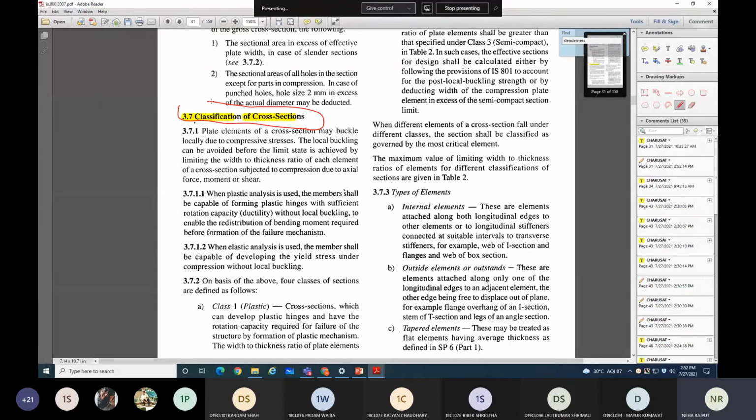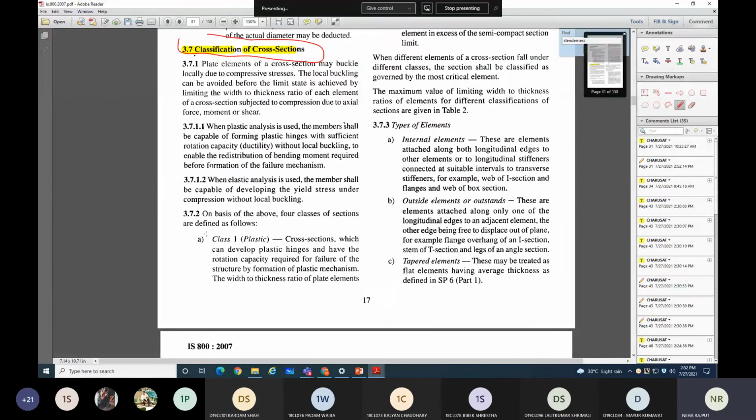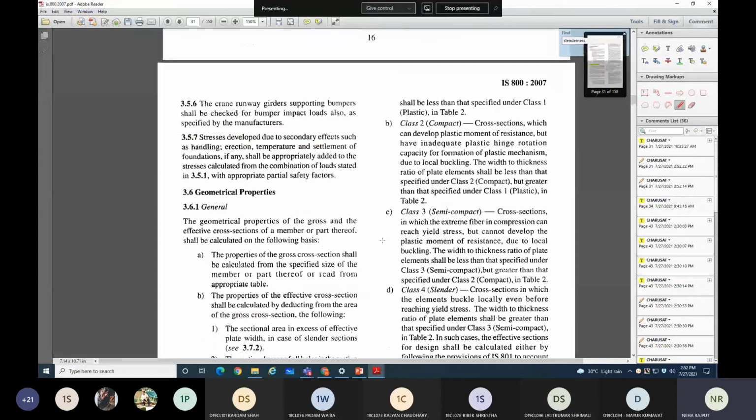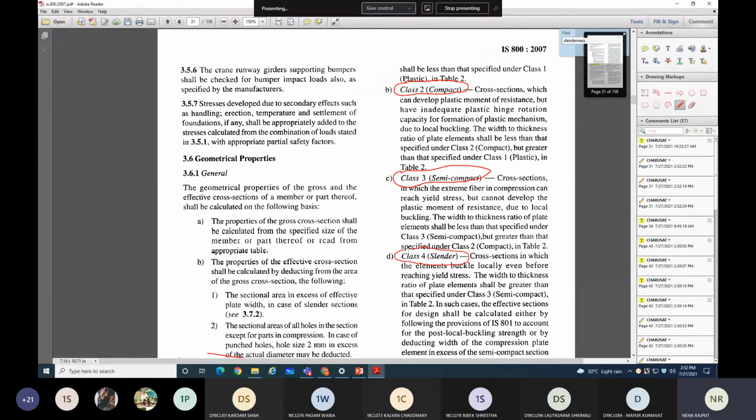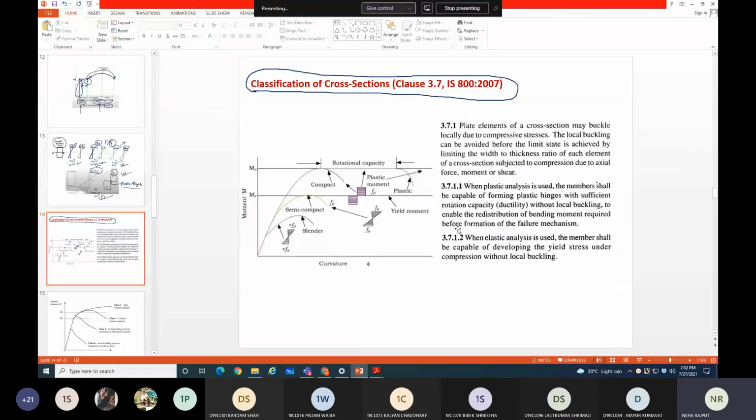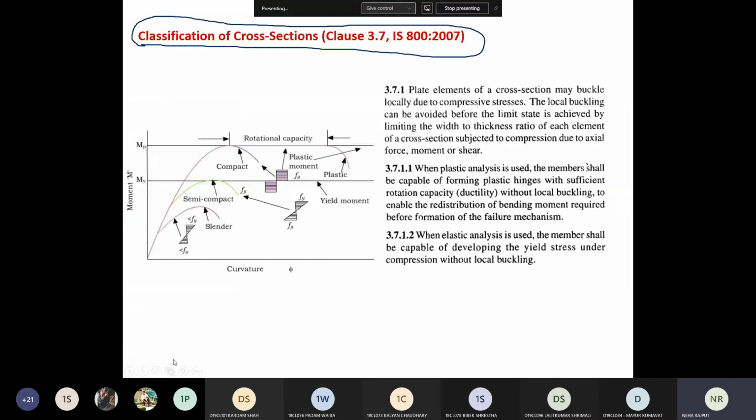The classification is class 1 plastic section, class 2 compact section, class 3 semi-compact section, and class 4 slender section. Right. So these are the 4 classifications of steel section: plastic, compact, semi-compact, and slender.